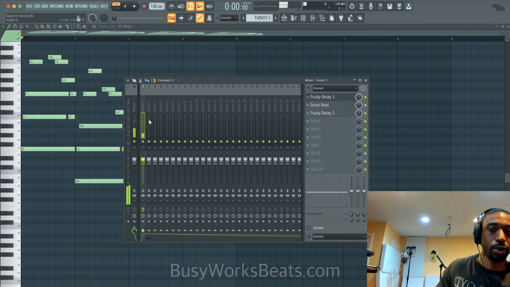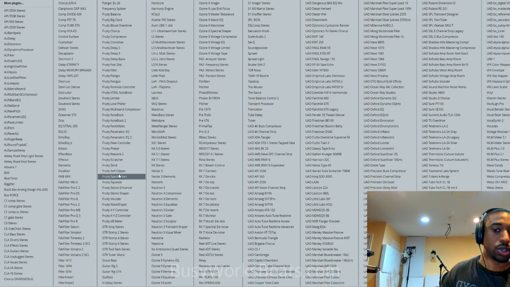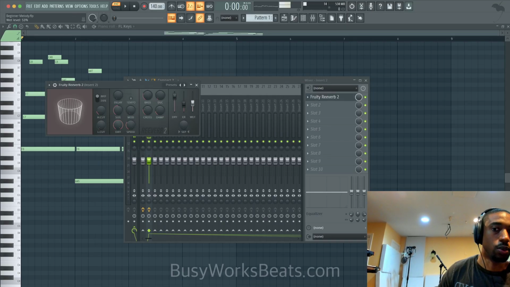Now your last effect is going to be reverb. I'd recommend you put this on a separate mixer channel, however. So go to Fruity Reverb 2 or whichever reverb you have. Let's do Fruity Reverb 2. Turn the wet level all the way up to 100%. Keep in mind this can go higher than 100. Pull your dry level down and mess with your knobs. In this case, I'm going to use the cutoff knobs and delay knob a little bit and the mod knob.